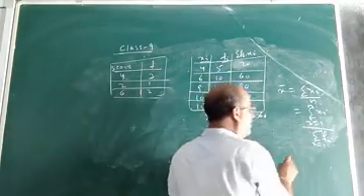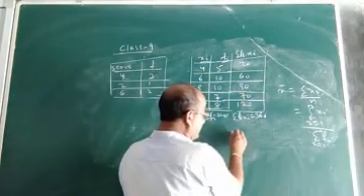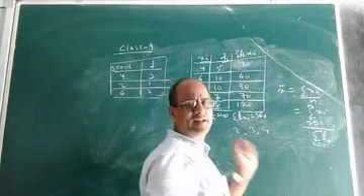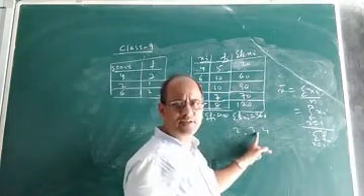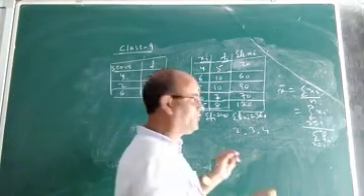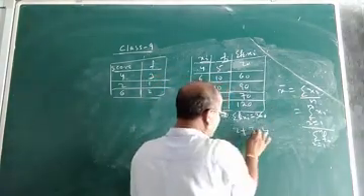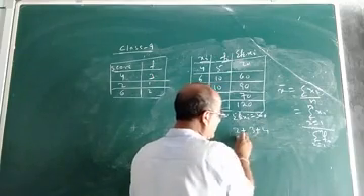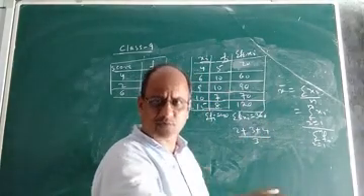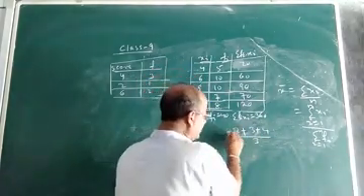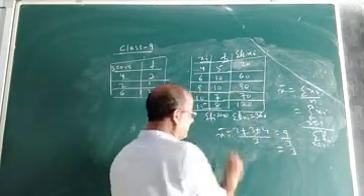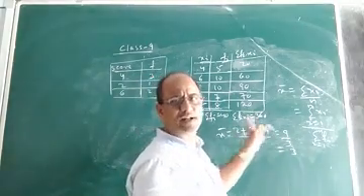We use this formula, for example, suppose you are given 3 observations: 2, 3 and 4. Here x1 is 2, x2 is 3 and x3 is 4. If you want to calculate the mean of this ungrouped data, you add x1 plus x2 plus x3 and divide by 3. Why 3? Because there are 3 observations, n equals 3 or sigma fi equals 3. This is 9 by 3, which is 3. So the mean of these 3 observations, 2, 3 and 4, will be 3.